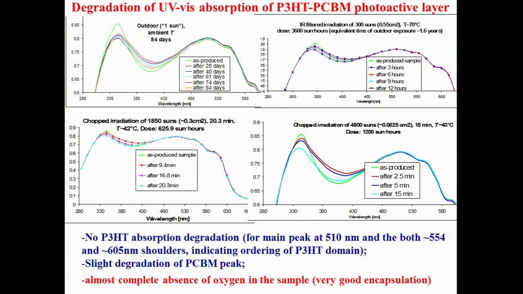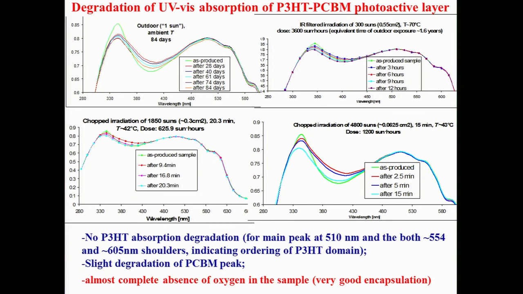So we first study the degradation of just encapsulated blends, P3HT:PCBM blends, and measure UV-visible absorption. What we first demonstrated is that in terms of photobleaching, it's extremely stable. Our best result is without chirping, with the strongest dose, 300 suns, and you see almost no photobleaching of the polymer and a small degradation in the PCBM